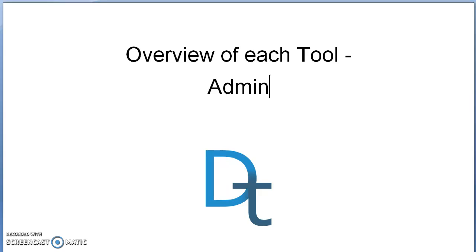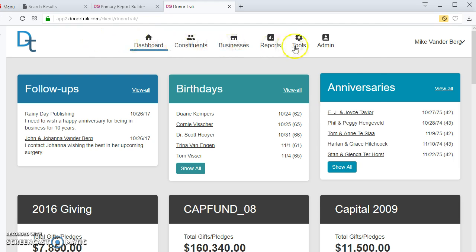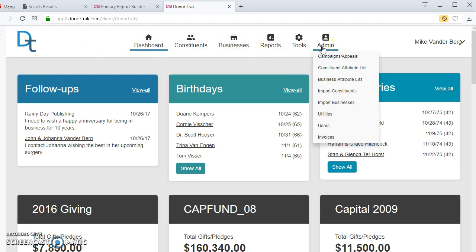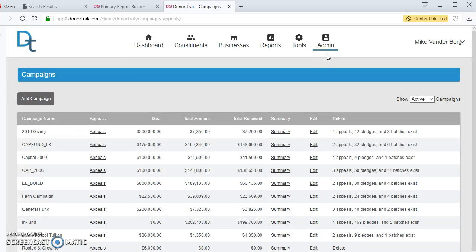During this video segment, I will cover the admin section within Donor Trak. So it's way to the right, and in the admin area, first thing we're going to talk about is where you can set up your campaigns and appeals. Campaigns are more your broader categories, whereas appeals are the individual, maybe fundraisers that you're doing within that campaign. So organizations will set up their structure in different ways, but